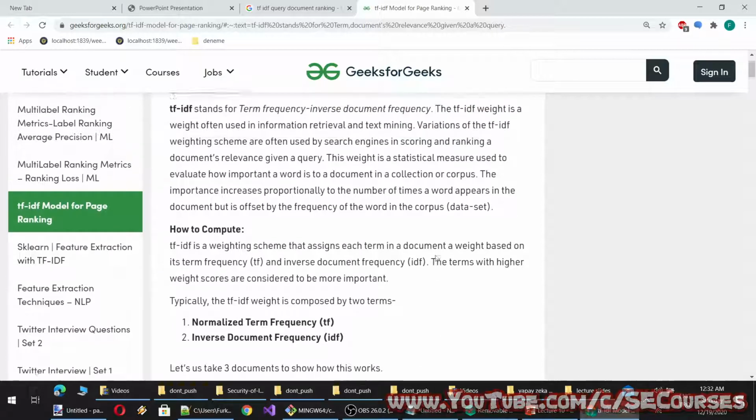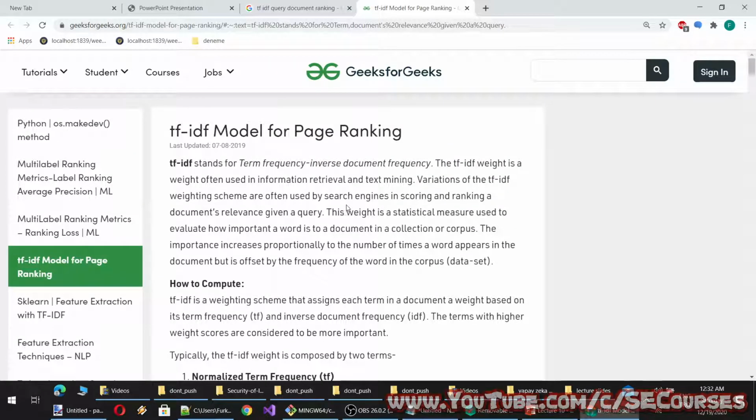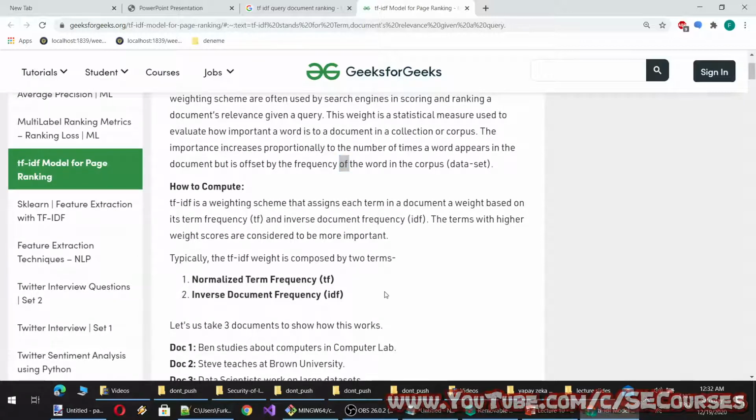Okay, so you see the importance increases proportional to the number of times a word appears in the document. However, its importance decreases by the offset of the frequency of the word in the corpus. So, for example, the word "of" would be almost in every document. Therefore, its importance wouldn't be much, because every document would contain the word "of". These are called, I think, stop words,